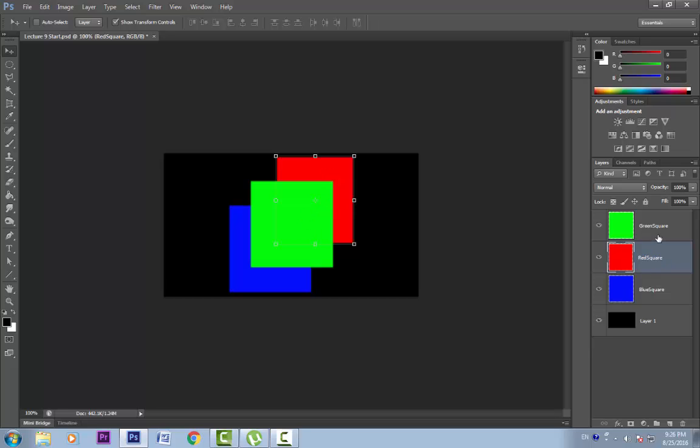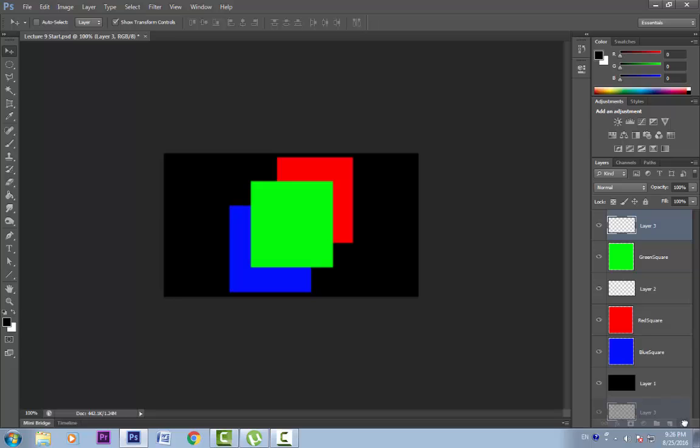Now let's see how to add a layer or remove a layer from our document. To create a new layer, just click on this button which is just next to the trash can. A new layer will be created. You can see that the new layer is created on the red square layer. Why? Because this was active when we created a new layer. Suppose this green square layer is active and we create a new layer, it will be created on top of this. Now to delete a layer, simply click it and drag it to the trash can.